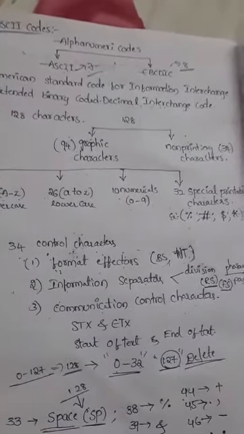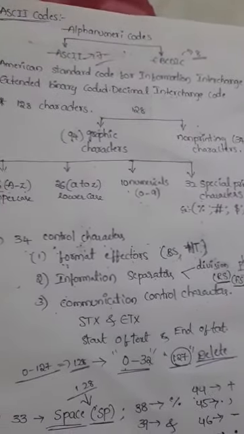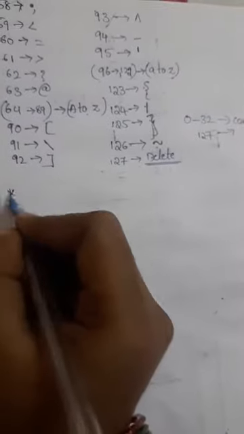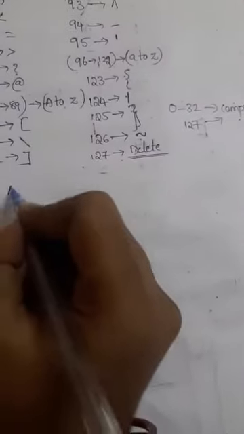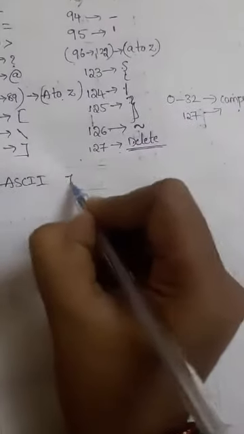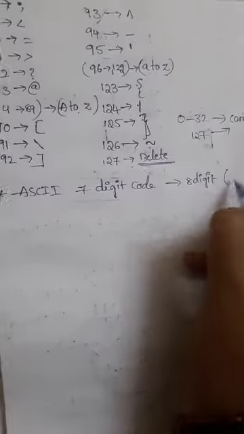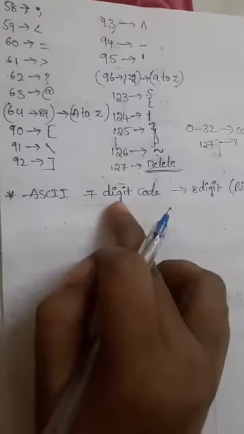So how to represent, for example, if you want to convert any binary number into ASCII code, how to represent it. ASCII code is nothing but a 7-bit code. So this ASCII uses totally a 7-digit code. Generally, binary code we can represent as an 8-digit code, right? So that is binary. Like that, in ASCII code we represent it in a 7-digit code.